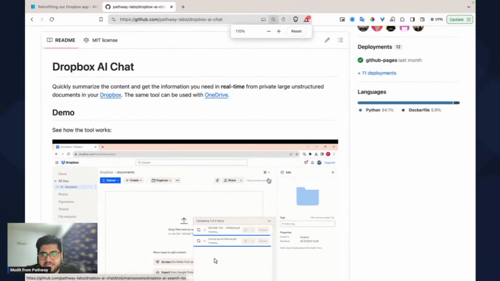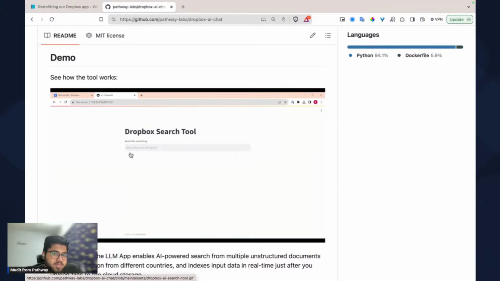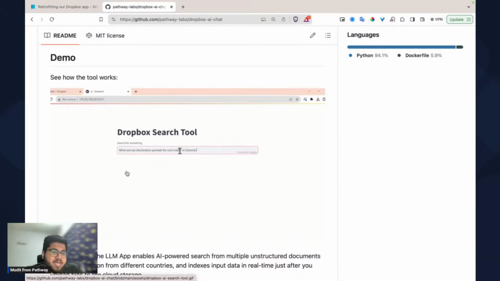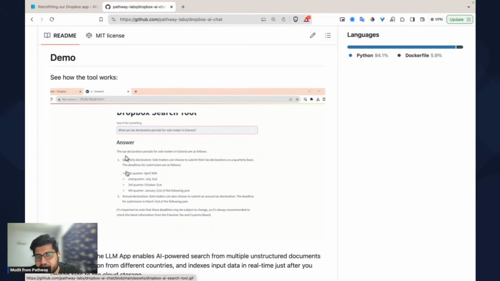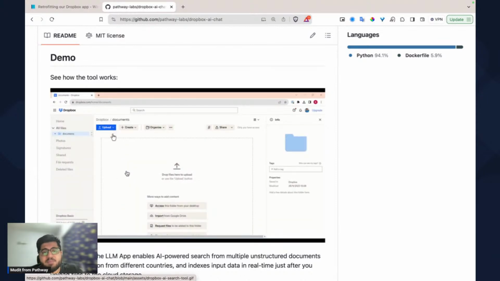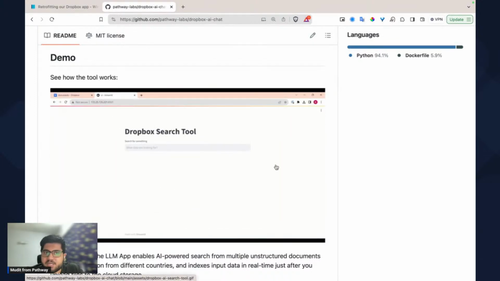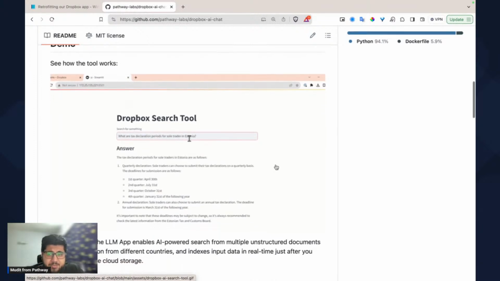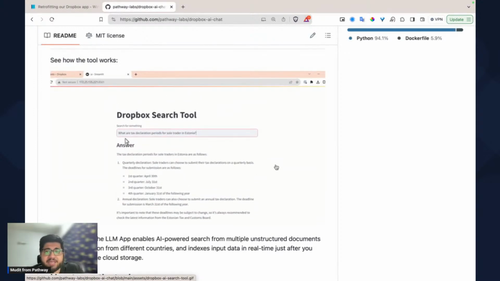In this case, this project simply connects a Dropbox folder using RAG with LLMs. So you can simply drop random folders into it and then ask questions. Now, how does this help you to build applications? It's real time if the documents in Dropbox are updated continuously. But if it's not updated continuously and it's a basic RAG application, then the way it can be used is, for example, one person who was a developer advocate at Atlassian used this LLM app itself for deciphering the European Union AI Act.